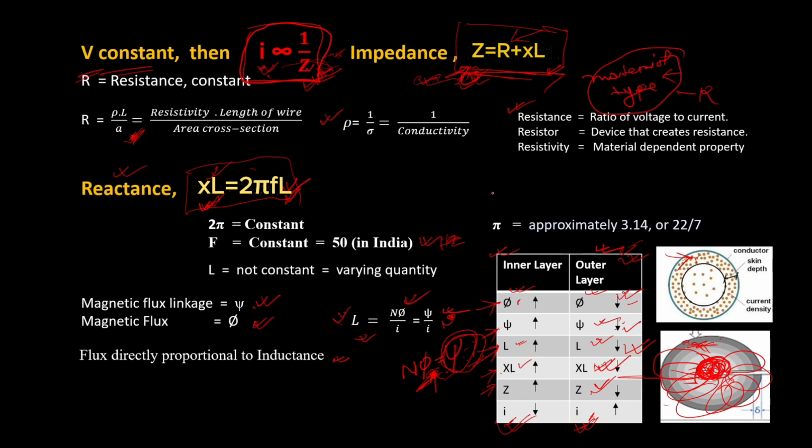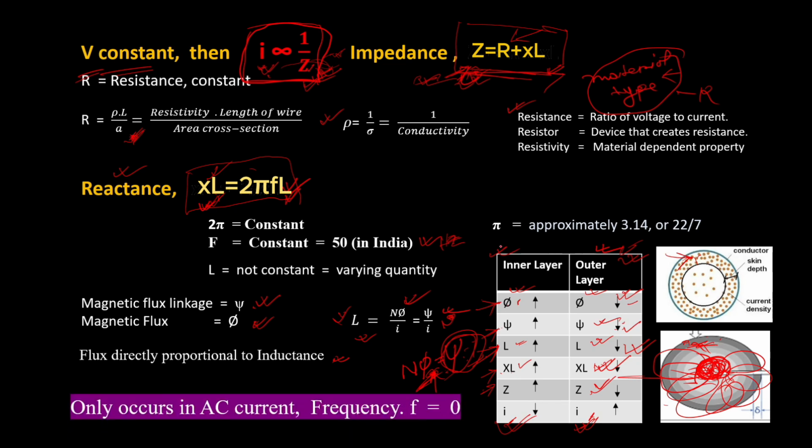Okay, because of this, skin effect occurs in a transmission line conductor or any conductor. One very important thing is that it only occurs in AC current, because